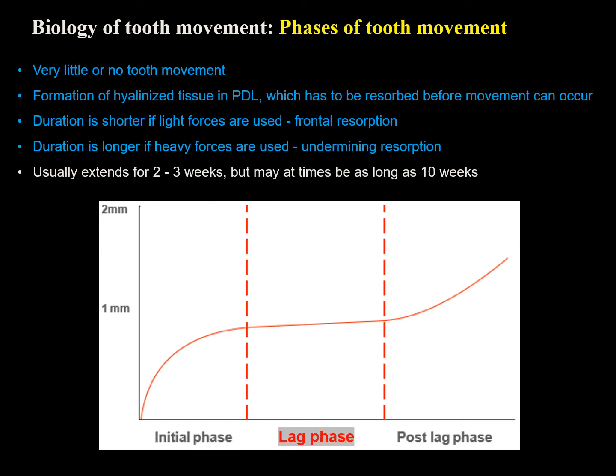So what happens in the lag phase? There will be very little or no tooth movement noticed in this phase. That is because of the formation of hyalinized tissue in the PDL. As you know, if there is hyalinized tissue, it has to be cleared. The necrotic mass has to be completely absorbed by the body, and only then can any kind of osteoclastic activity start and resorption of the bone take place, which can affect tooth movement. So that is